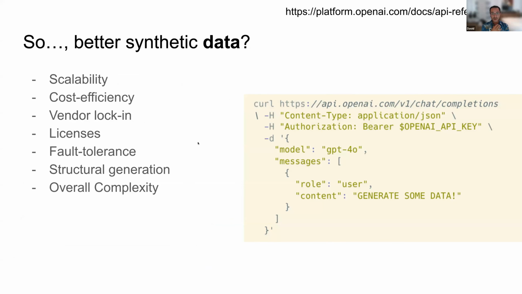So then apparently you need better data or better synthetic data, but whenever you actually want to work towards that, there's a lot of things that come to mind. Initially you can start spamming ChatGPT with random requests. But if you actually want to scale that or make it more cost efficient, avoid vendor lock-in, or licenses that might not allow you to use all of the different models for generating synthetic data to fine-tune models,